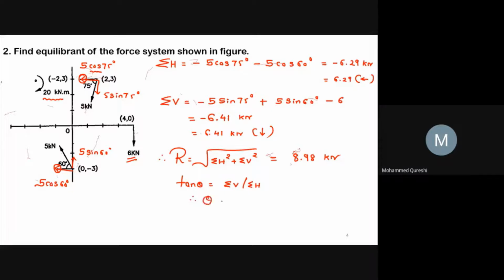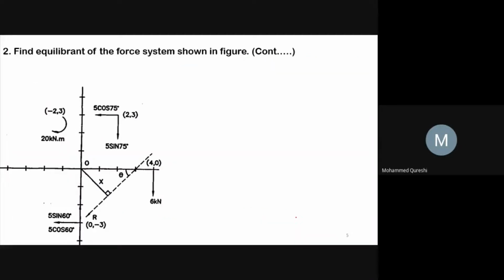Therefore, we will get the value of theta as 45.54 degree after inputting the values of sigma v and sigma h that we had obtained in the previous step. Since sigma h is negative and sigma v is negative, our resultant will lie in third quadrant. So now let us find the perpendicular distance. As our resultant lies in the third quadrant, so let us consider that R be at a perpendicular distance x